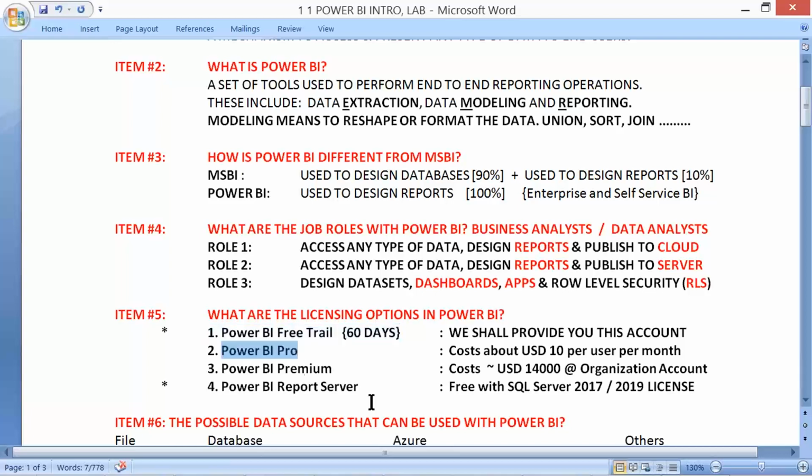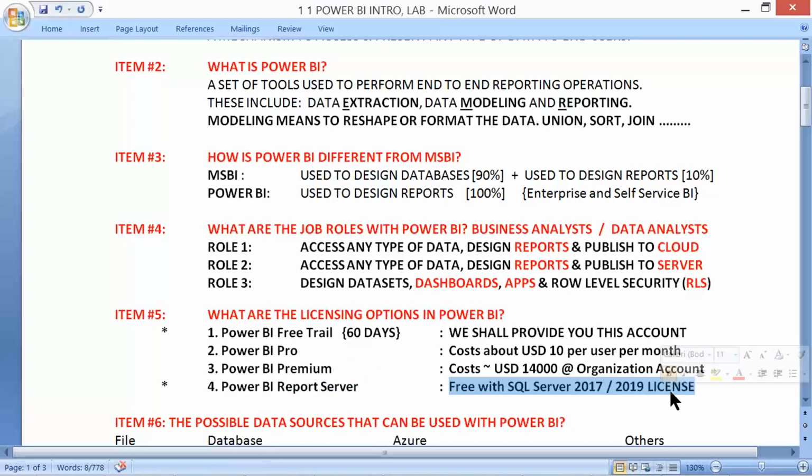And Power BI Pro costs about $10 per user per month, but this free trial has all the options of a Pro. We call it the Pro trial account. Premium costs about 14,000 USD per organization, and Power BI Report Server is absolutely free with SQL Server 2017 or 2019 licenses.